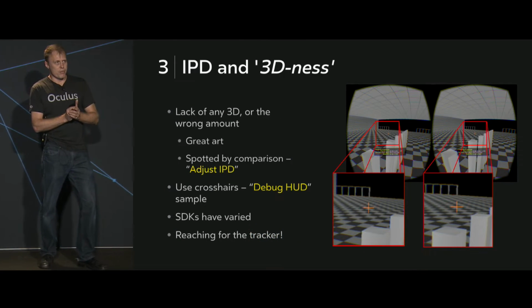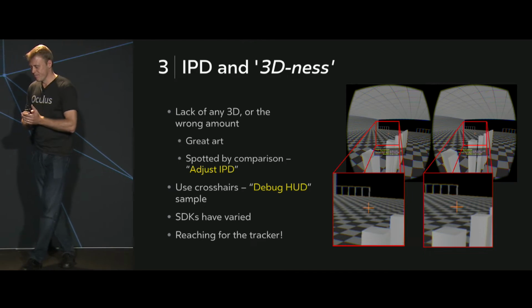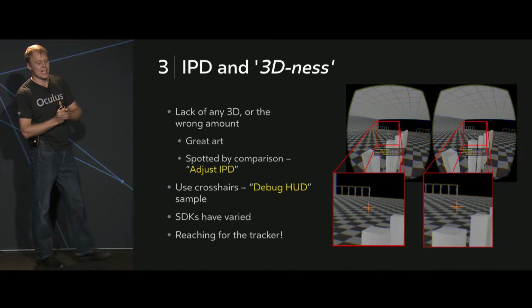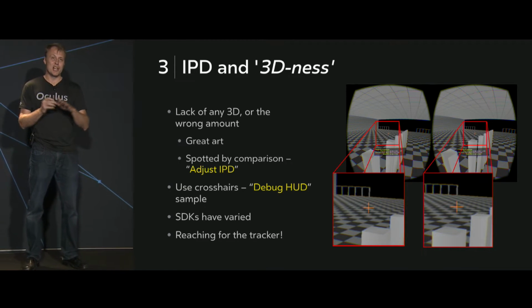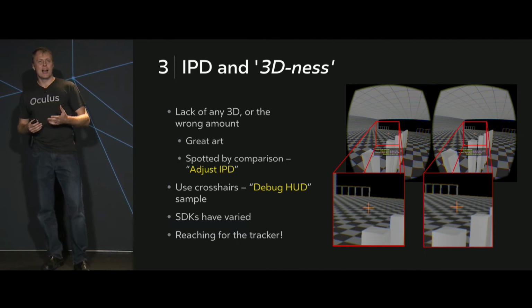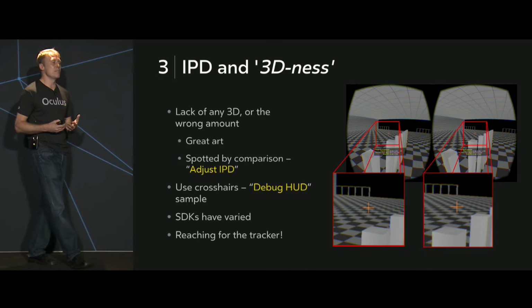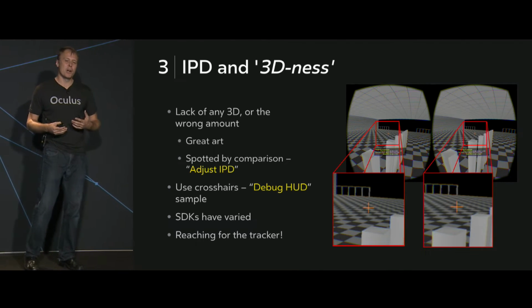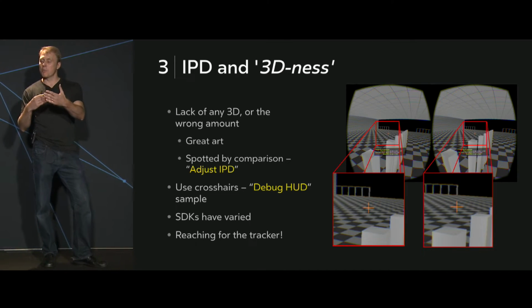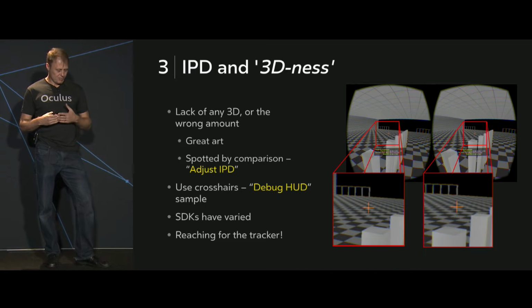Another issue that we've found surprisingly often is errors in using the correct IPD, the interpupillary distance, and inadvertently perhaps setting that to 0 and having no 3D-ness whatsoever, so no stereoscopic 3D. This happens surprisingly often, and it's made possible, I believe, by the fact that there is some great artwork out there. When you have great artwork, your brain has a lot of cues of where things are depth-wise, and so you find that this is enough to convince your brain, oh yes, this must be stereo, when in fact